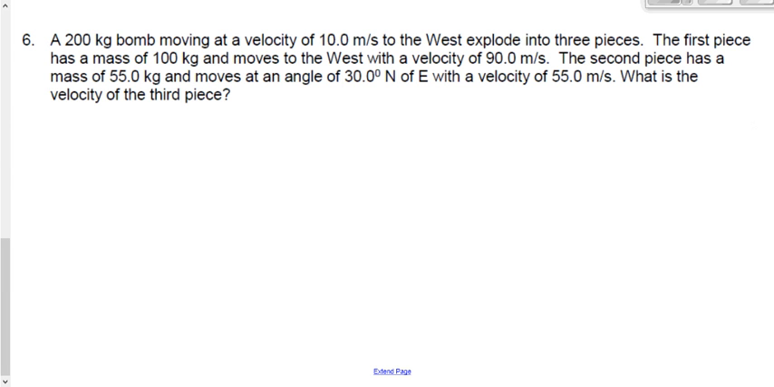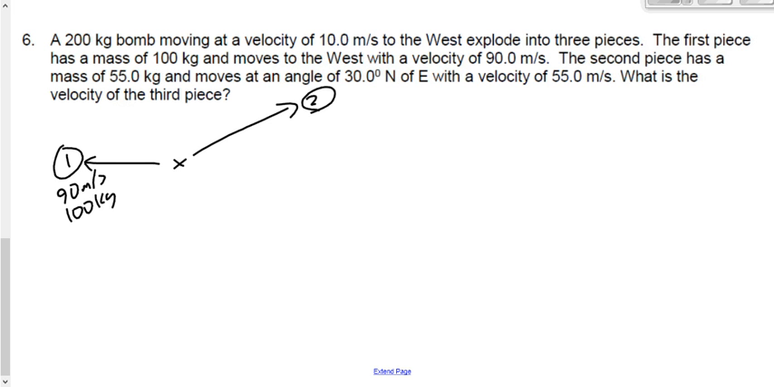Okay, here's my explosion point. The bomb is moving to the west, 10 meters per second. Let's just draw what happens after right now, okay? The first piece goes to the west at 90. And it is 100 kilograms. The second piece goes north of east. This is north and east,